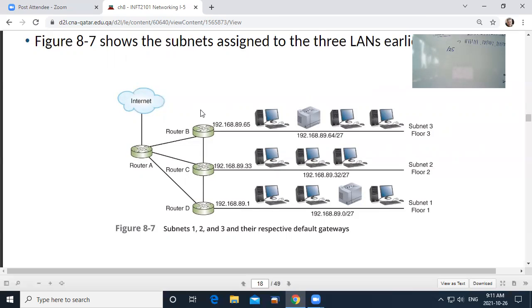So /27 means that we've taken the first 3 bits from the host address to use as a network address. So the mask is going to be 255.255.255.224.